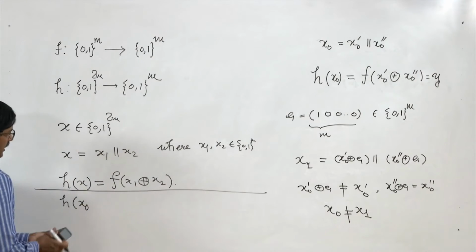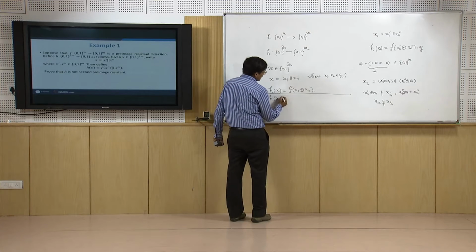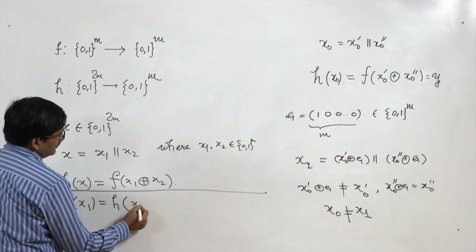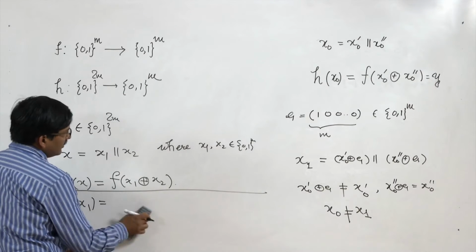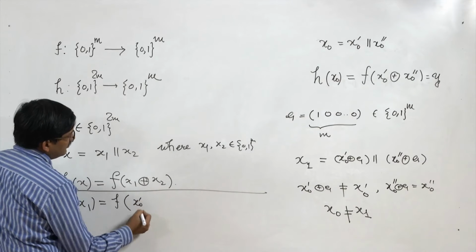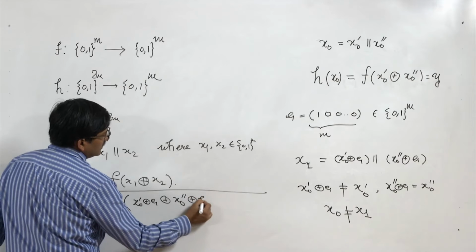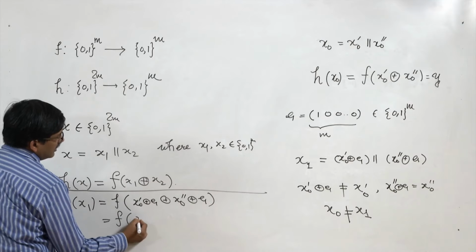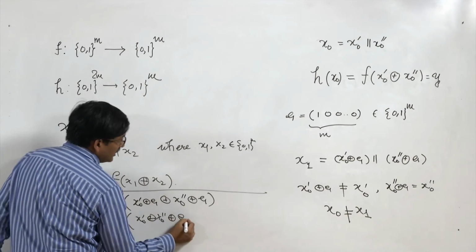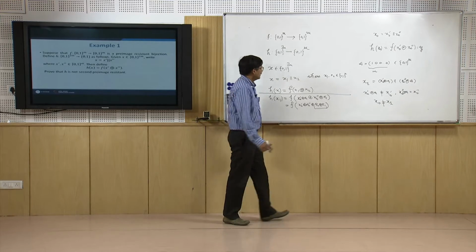h(x0) = h(x1). We can directly write, we know that this is the left half and the right half. So we can directly write f of x0' plus E1, plus x0'' plus E1, and therefore f of x0' plus x0'' plus, that is XOR, E1 plus, that is XOR E1. Now, we know that E1 XOR E1 bitwise is going to give me 0. Therefore, I arrive at